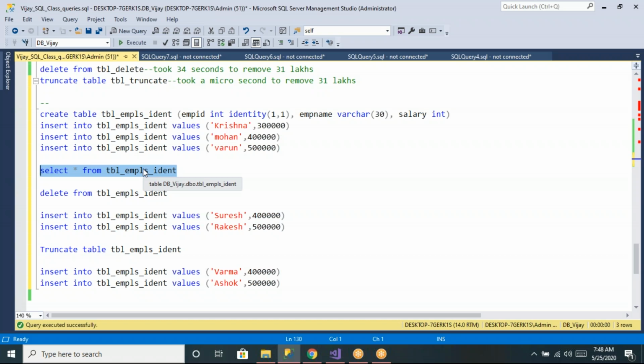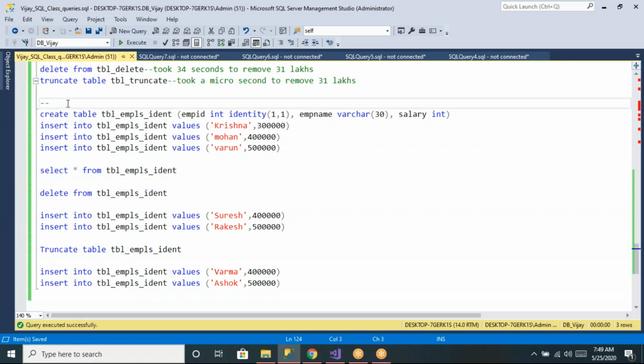But truncate is not taking any backup, it is just deleting. That's why truncate took only a microsecond, but delete took something like 32 seconds. That is the difference.